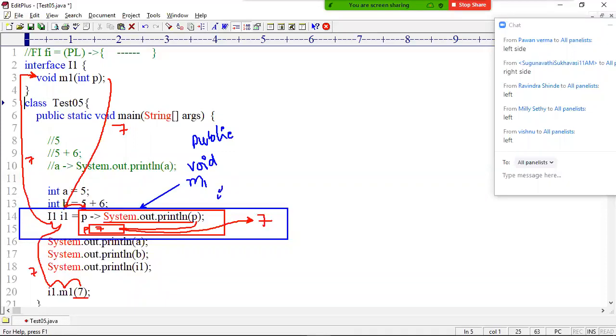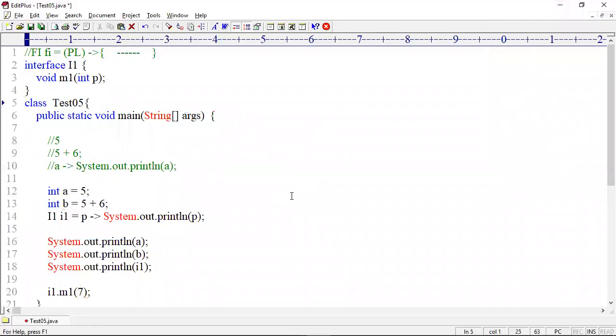What is the parameter type of this lambda expression? Int. What is the name of the lambda expression parameter? P. Everyone understand? That much easy working. What is the exception list? No exception list, 0 exceptions. In shortcut, one more diagram.